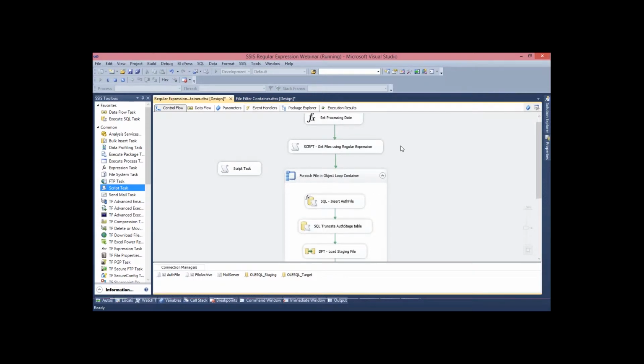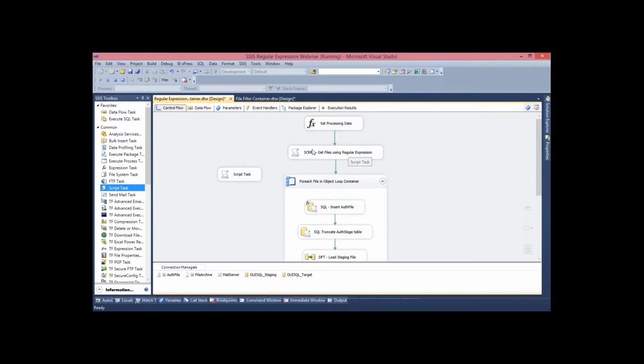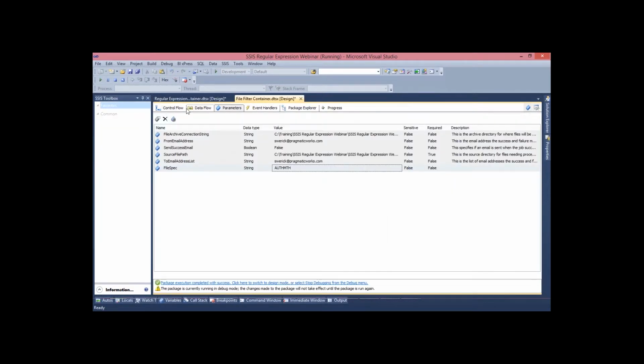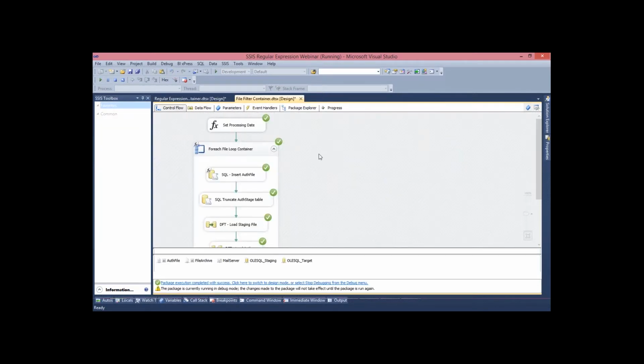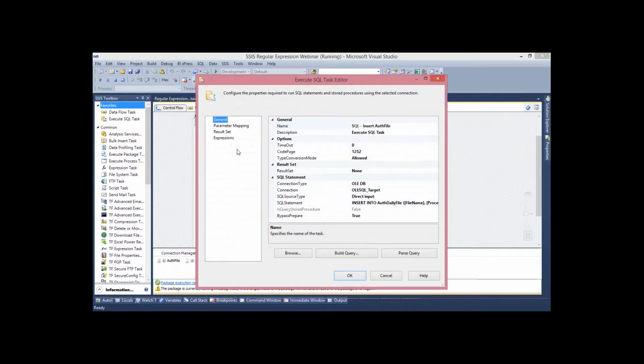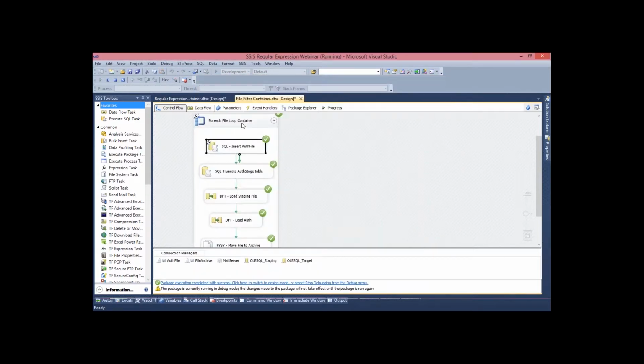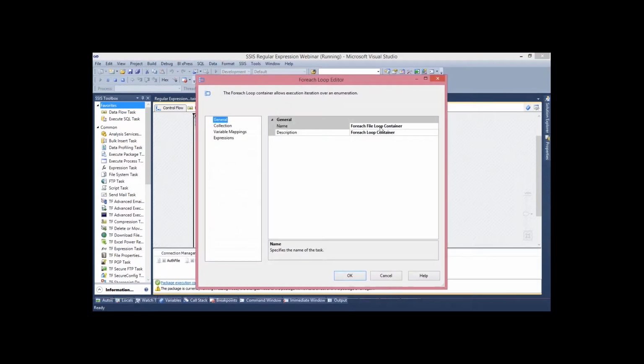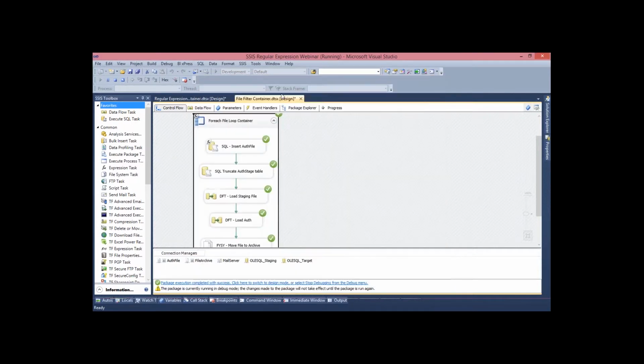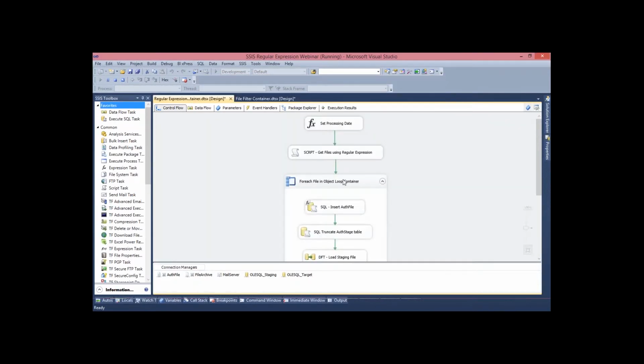So if we go to our regular expression demo here, here's the script task that we add. Instead of using, remember over here in the file filter container, we used the for each file loop container. We're not going to use that this time. We're going to use the,